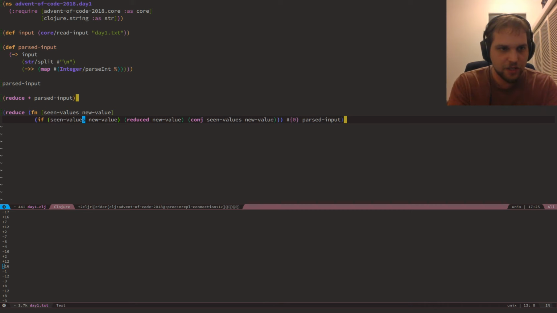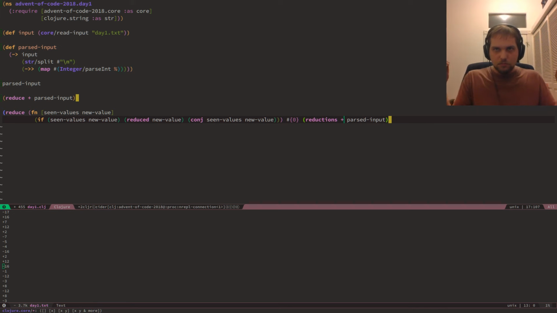Oh, actually, I see why. I don't want the parsed input. So right now I'm just calculating each differential, each plus or minus value. I don't want to do that. I want to collect all the added values. So the frequency I'm at after adding each individual step. It's hard to explain.